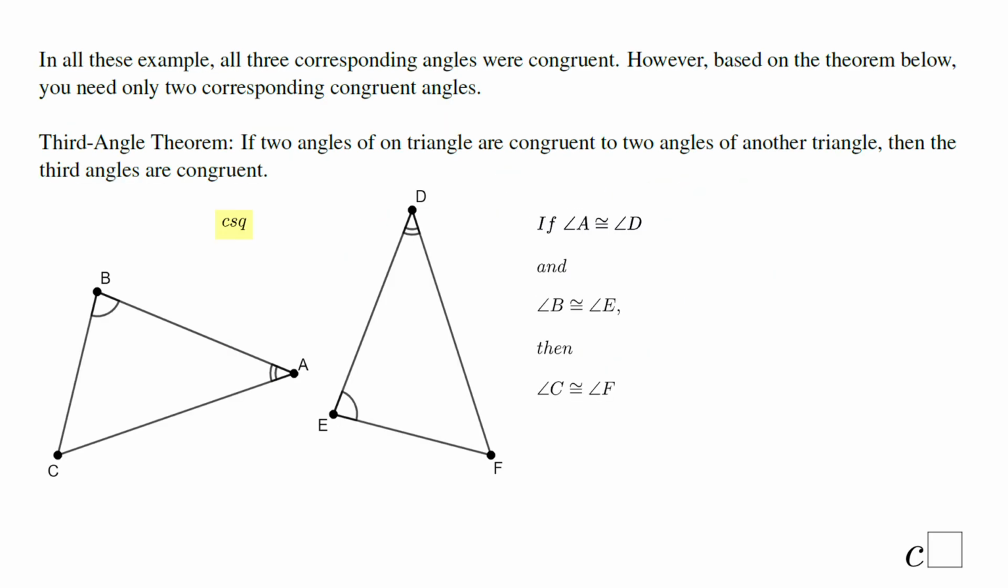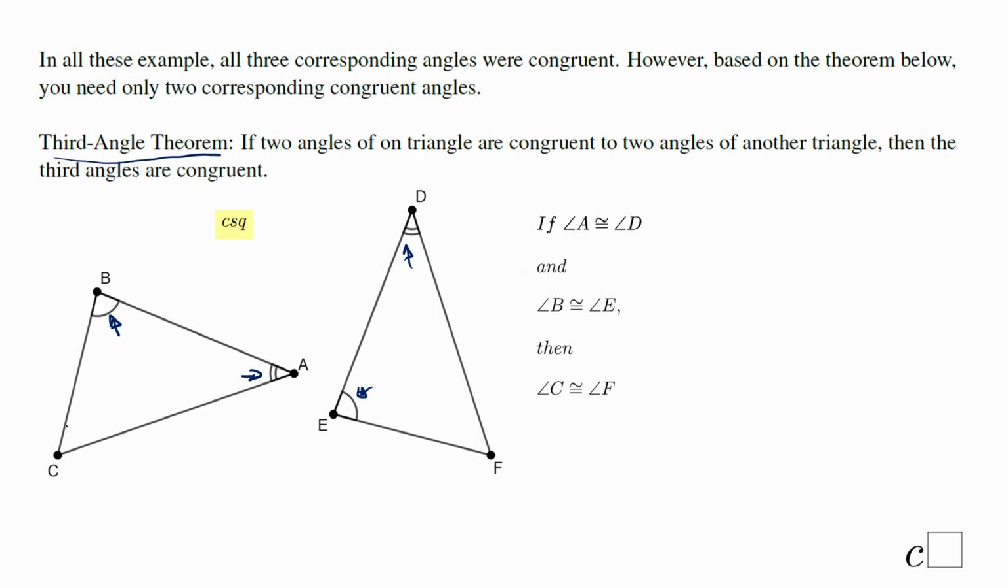In all these examples, I said all three corresponding angles were congruent. However, there is a theorem that allows us to move to a different situation. Only two corresponding congruent angles, like in this picture, you see angle A congruent to angle D and angle B congruent to angle E. Even though this picture here and this statement on the right tells us only two corresponding congruent angles, by this third angle theorem we know